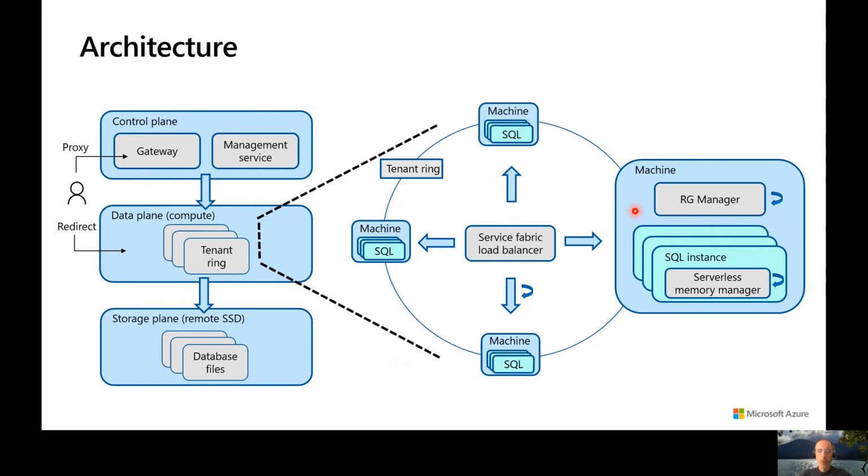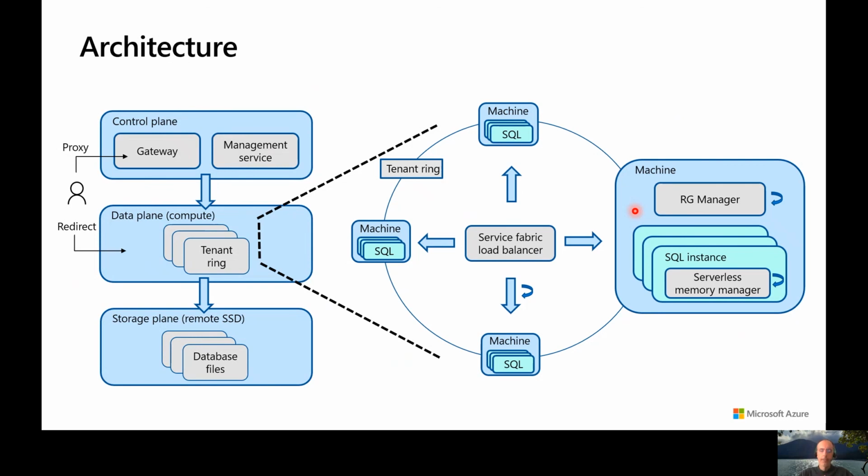So, for example, if there are, say, two serverless databases sharing the same subset of cores, and that subset of cores being shared becomes overutilized, RG Manager detects that condition, will